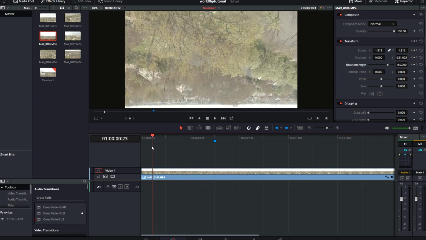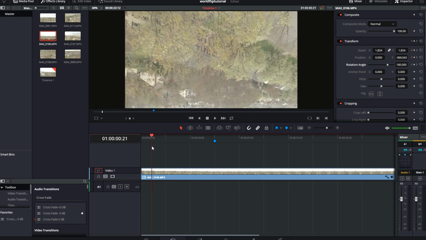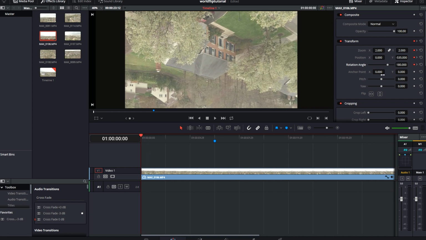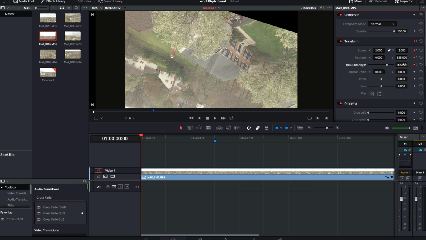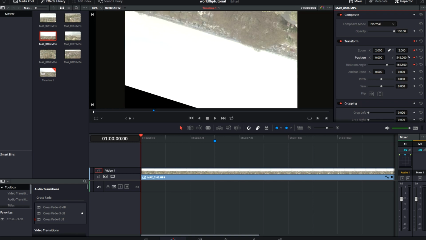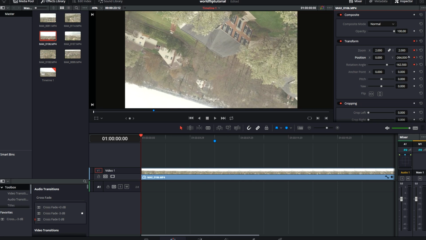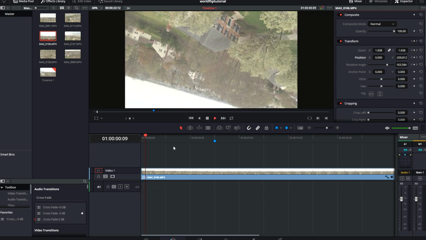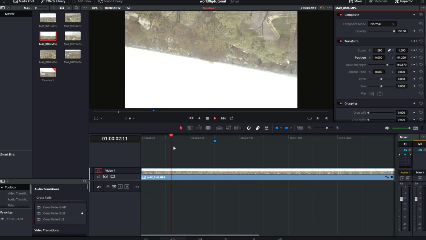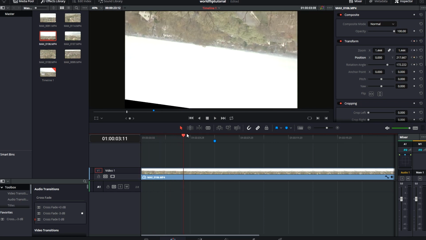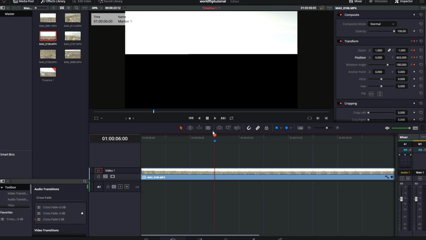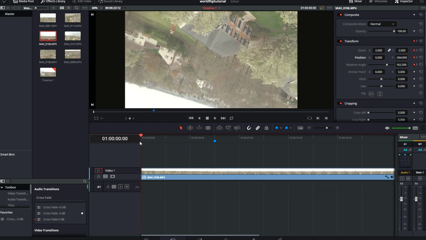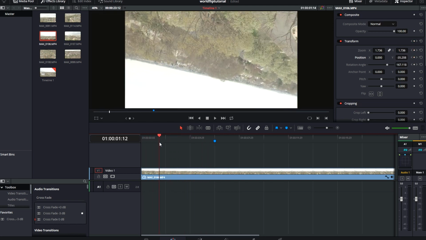But basically along the way, I feel like it'd be cool to set it so, oh, that needs some extra zooming in. You see how when you mess with it a bit, you get that black bar. So you just have to adjust it so that you don't see the black bar. Now that's not quite as impressive. You could zoom in more, but see, as you do that, yeah. Now by here,